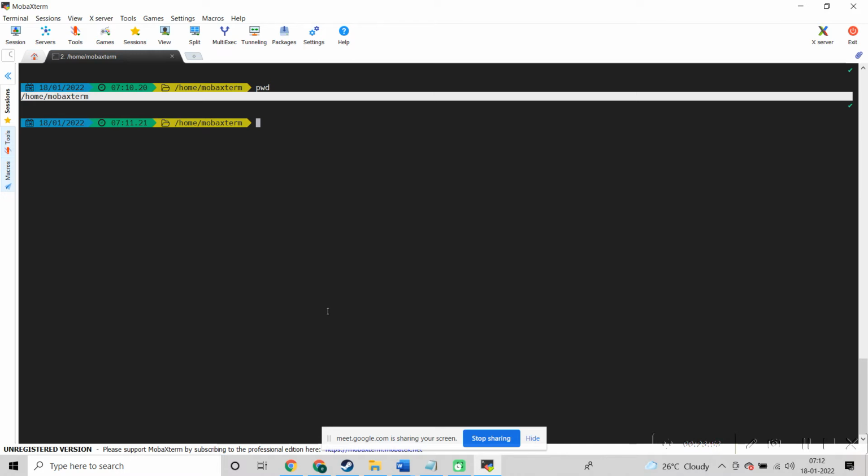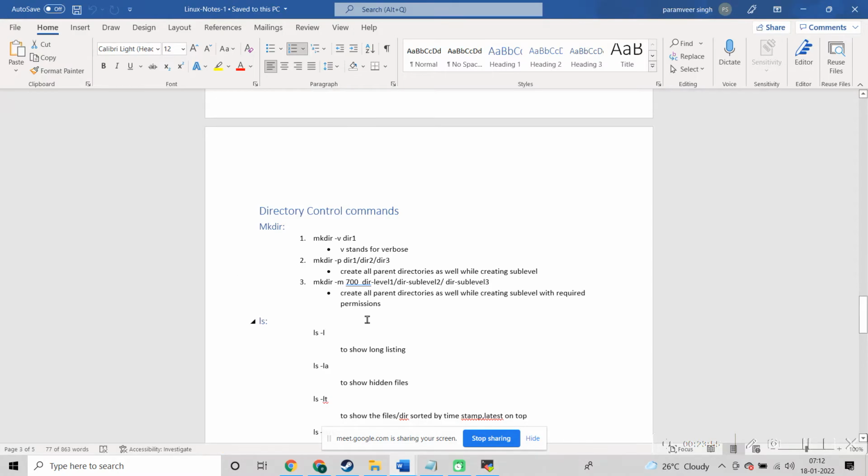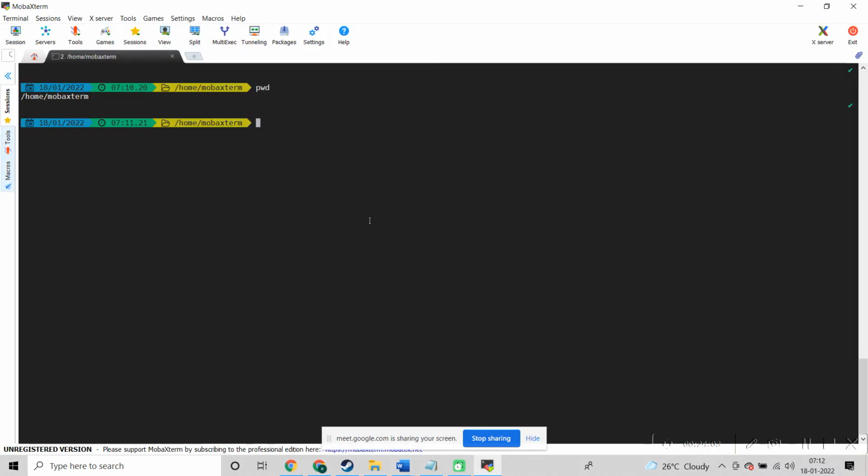So, present working directory. Now I'll talk about the commands. First, we'll talk about the directory commands. Everything you'll get in the notes, so you don't have to write down anything. Just learn the concepts. If you learn the concepts, you'll never be in trouble and you can do anything in the software industry, because there are n number of things. Just keep the documentation for those, open it, and you will remember it.